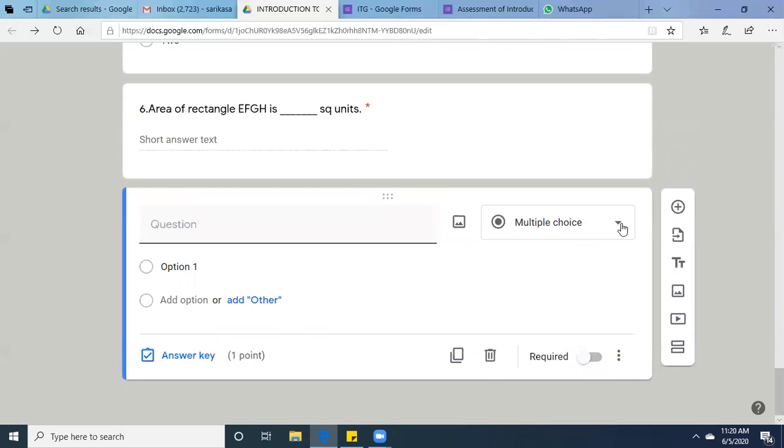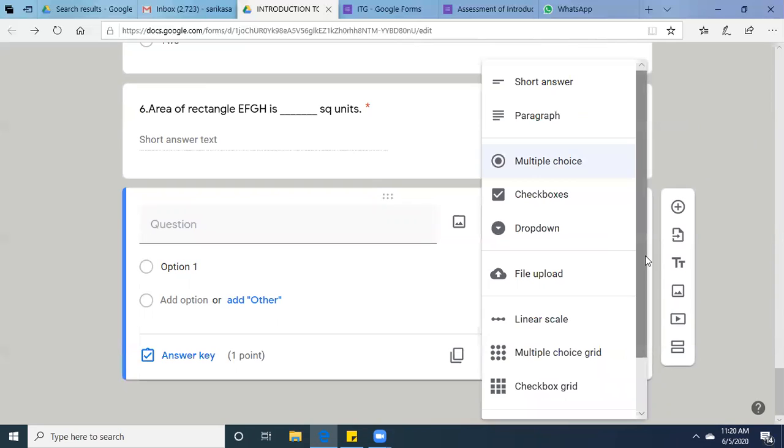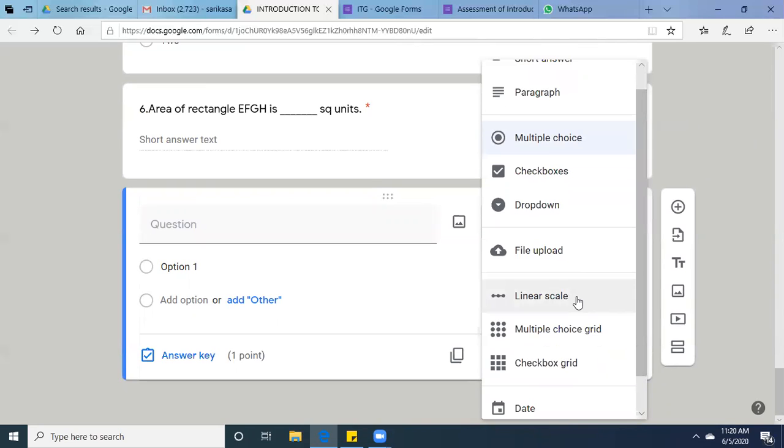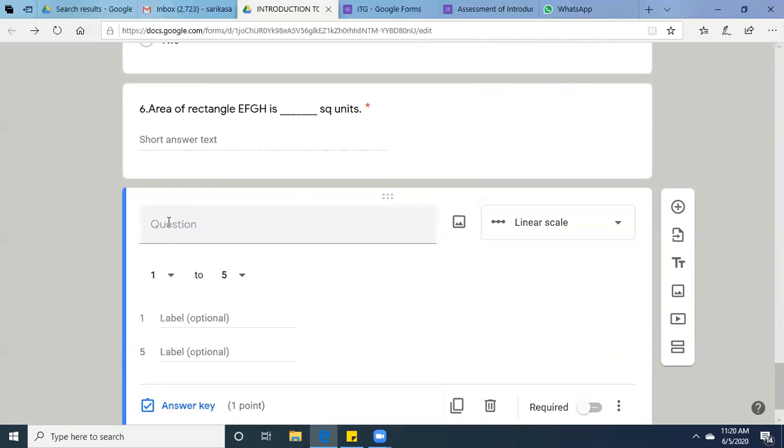Fine. And I'll drop down this. I'll get a linear scale option over here. This one. Fine. And in this, I will be typing what is your opinion when you have watched this video.